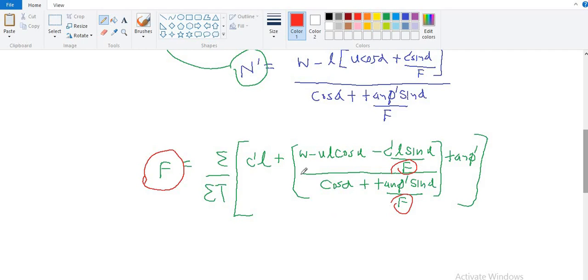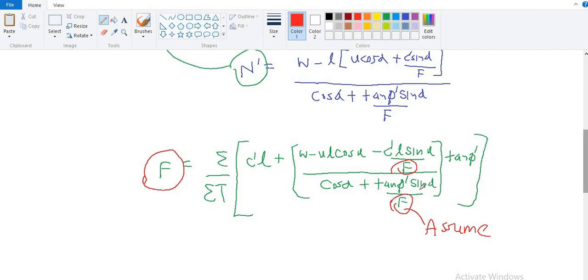So what we are going to do exactly here is we first assume this value, right? What we do is we assume a value, let's say 2 or 1.5, as a starting point. We assume a value 1.5, let's say, right? So we put that value and obtain a new factor of safety value. Let's say we got a different value now, something like 1.1. So the assumed value is 1.5, the output value is 1.1, right? So then what we could do is put this output value as the assumed value in the next step,